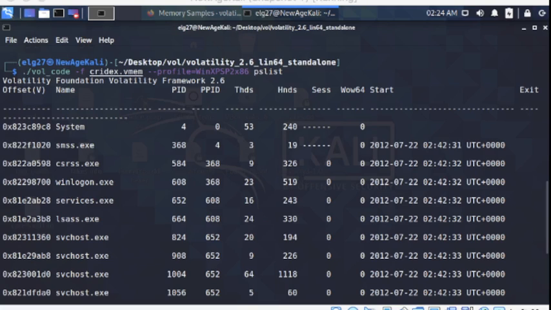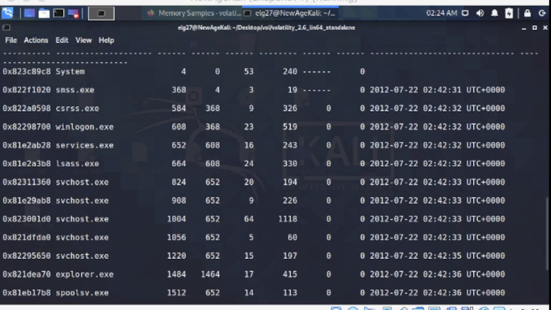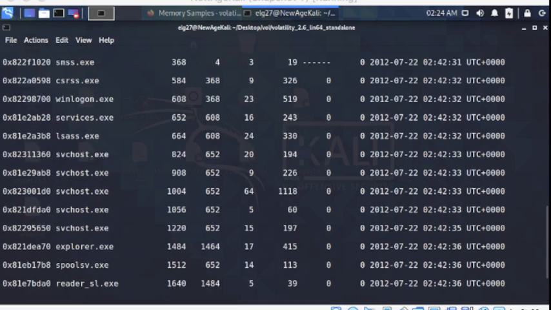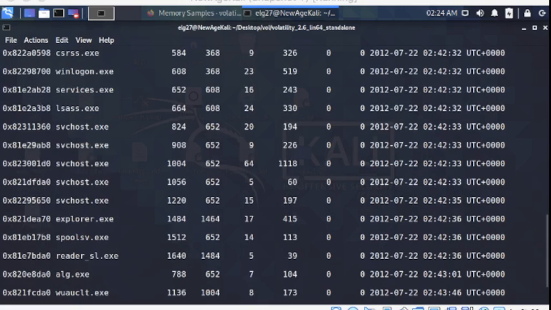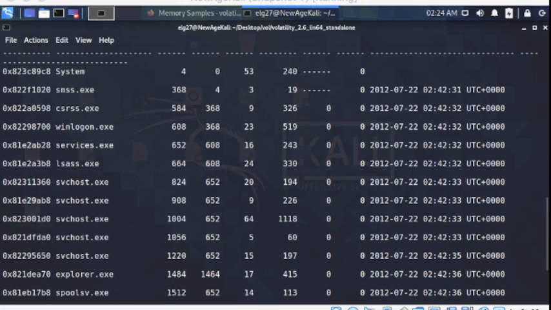So here we can see all the different processes that are running and their descendants, so we can trace all of these back to the original. So for example, we can see the explorer.exe, second from the bottom. The parent process is going to be 1484. If we trace that back,